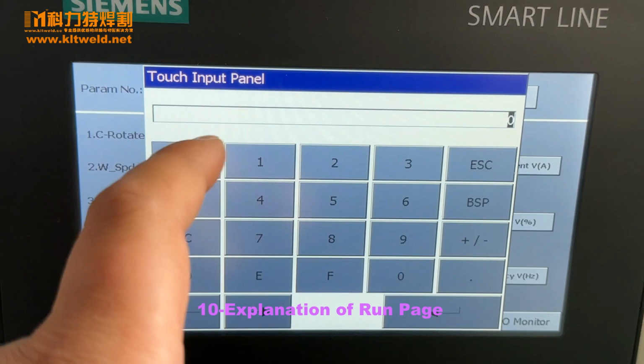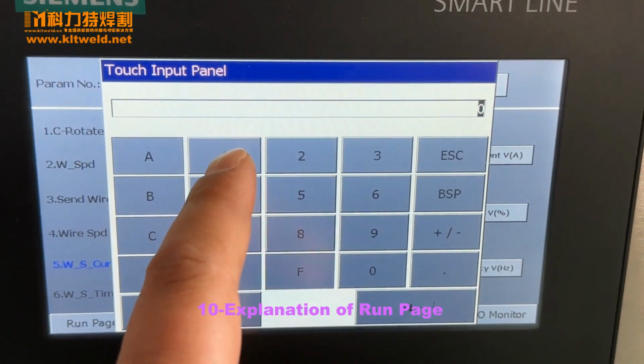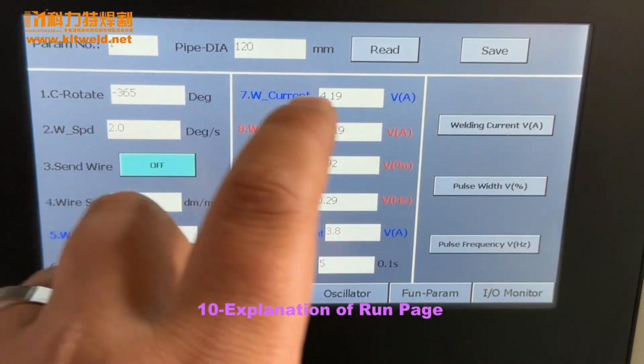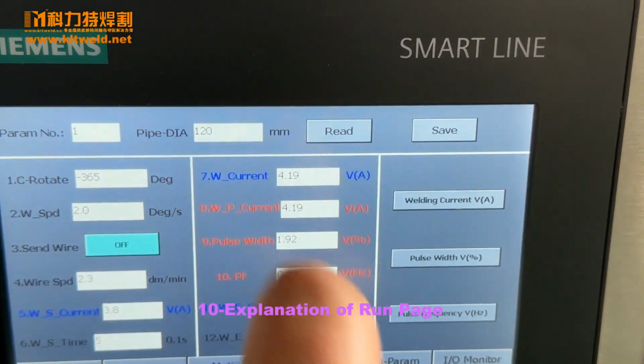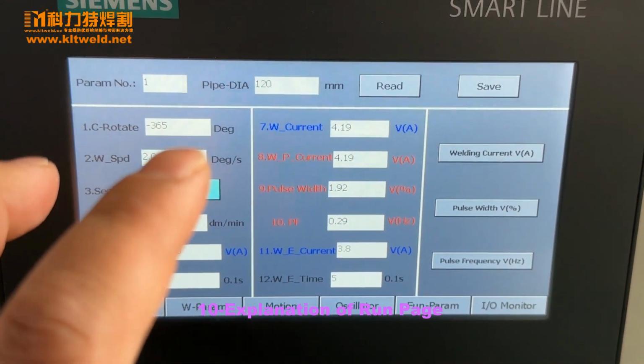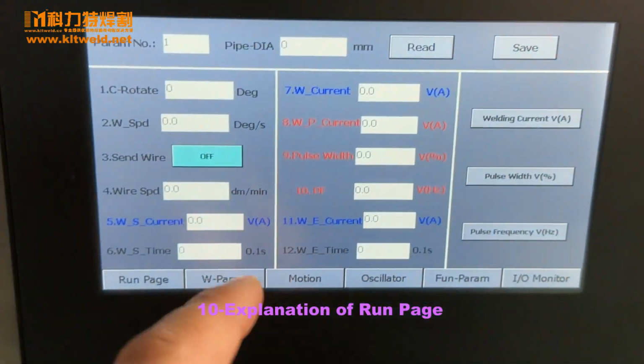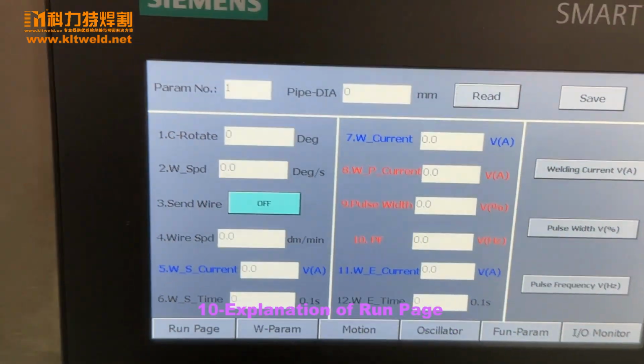Here you can set it. If we want to set one, set one and press the read. This is called program one. Here is nothing. We change it to